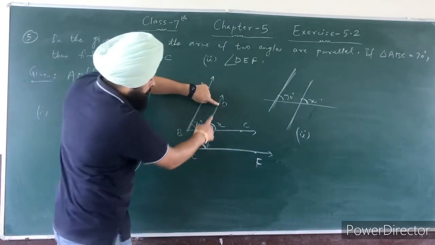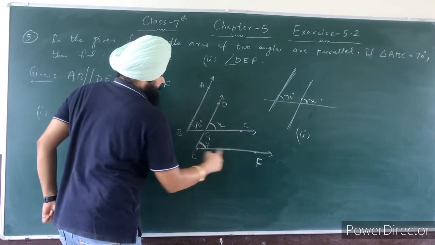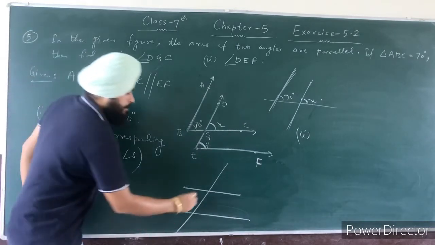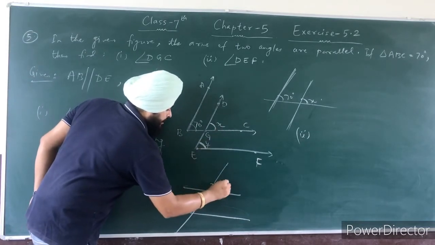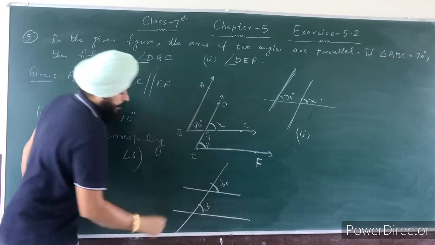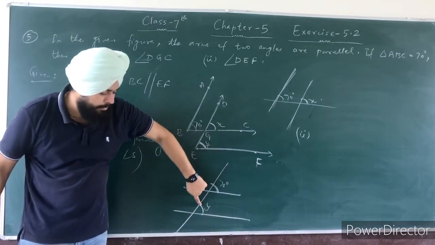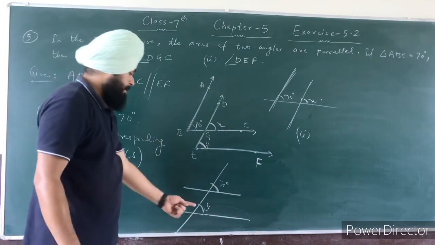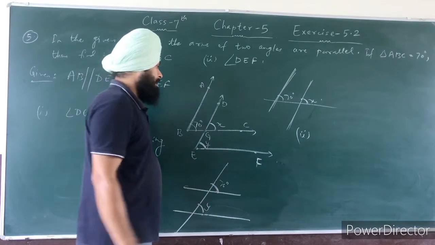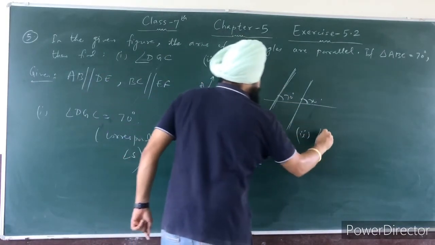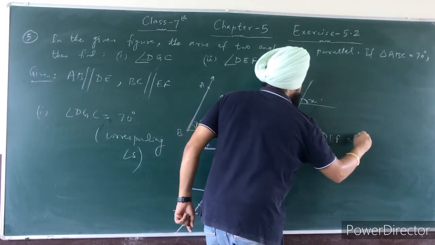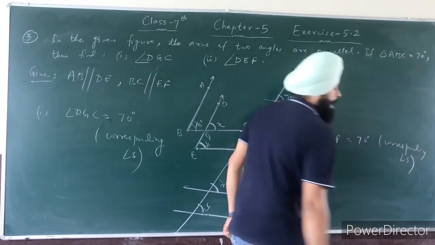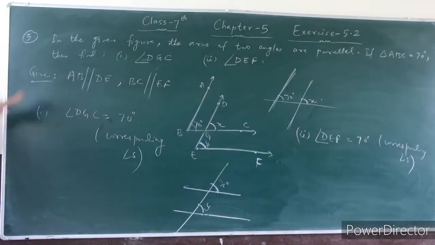The second part is you have to find the measure of angle DEF. So again you can see here DEF. This BC and EF are parallel, and this is our transversal. So measure of this angle is how much? 70 degree. You have to find the measure of this angle. So you can see here again this 70 degree and Y are corresponding angles, and the corresponding angles are again equal. Therefore measure of this Y is also 70 degree. Right, here angle DEF is 70 degree. The result is same. Corresponding angles are equal. So this is your question number 5.